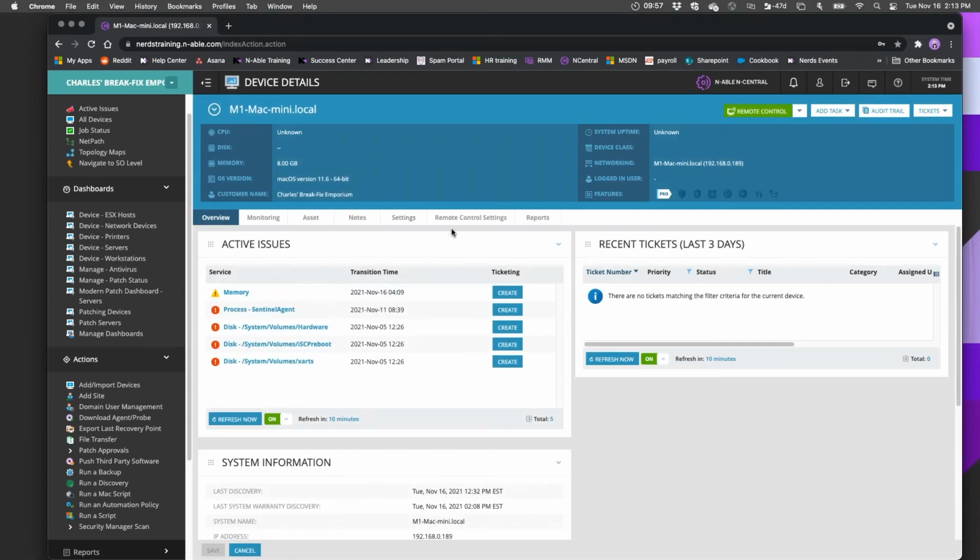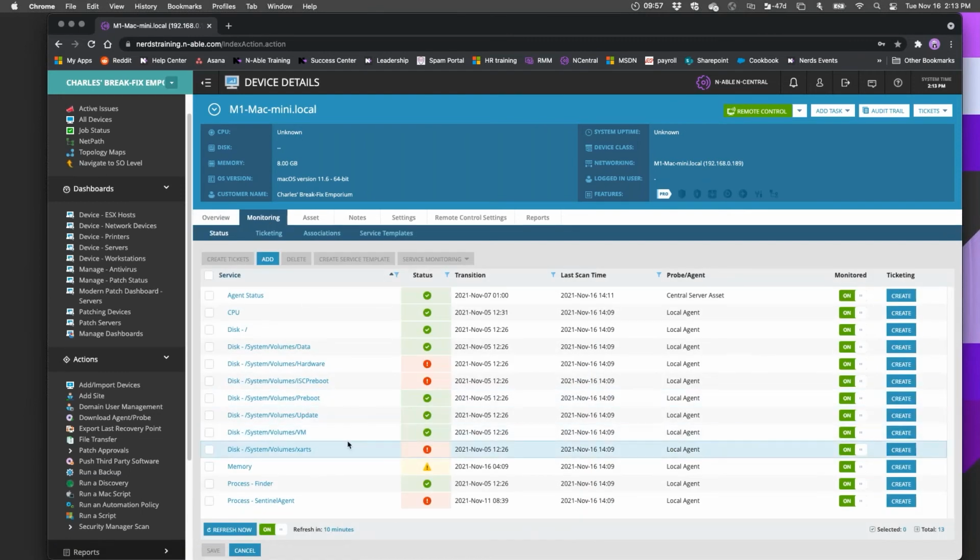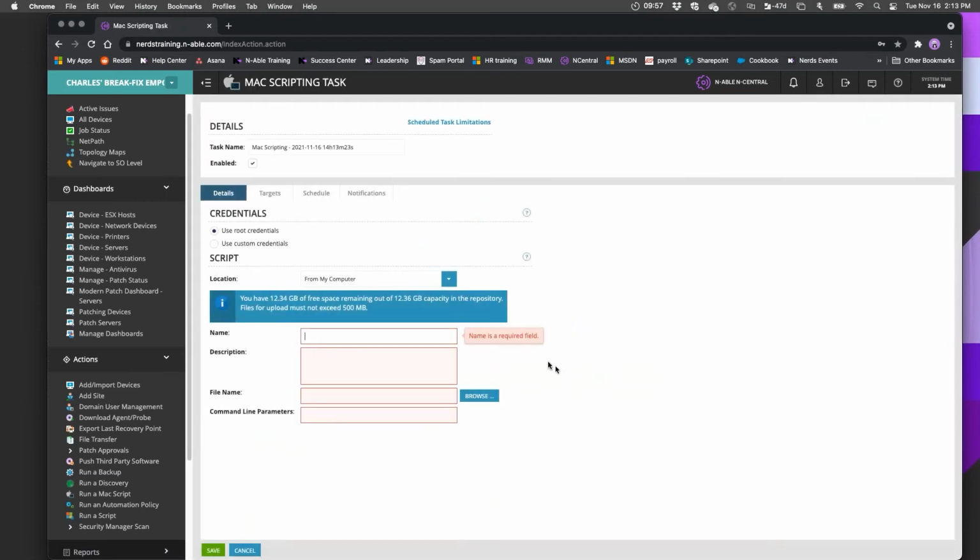I go into monitoring, and actually I'll skip this for right now, but what I could do is check it as a task to run that script, and once that's done, I could do the reporting, but all this would be reporting is that it actually ran.